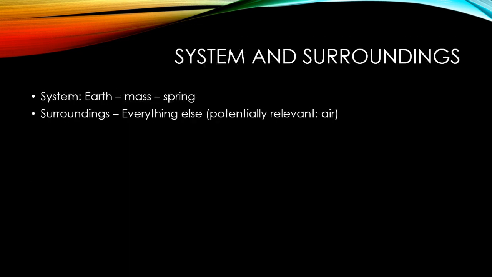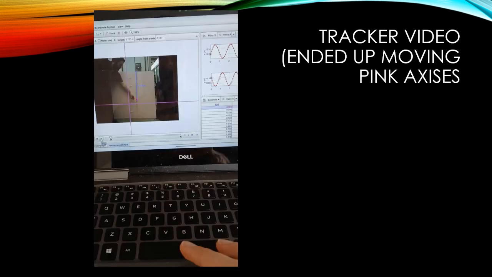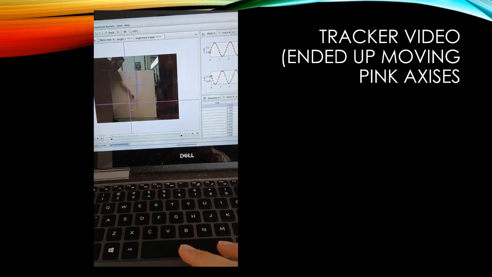System and surroundings. The system is the Earth, mass, and spring. The surroundings is everything else, and potentially relevant, which I'll explain later, is the air. All right, here's my tracker video. I ended up moving that pink axis thing because I was having some trouble with the code, but the general idea is we